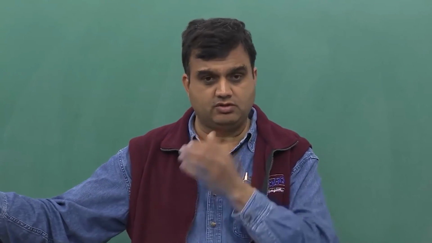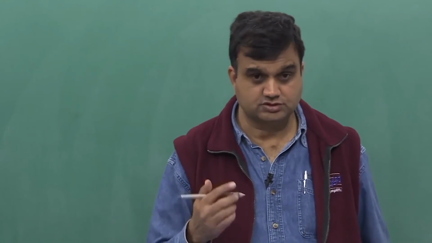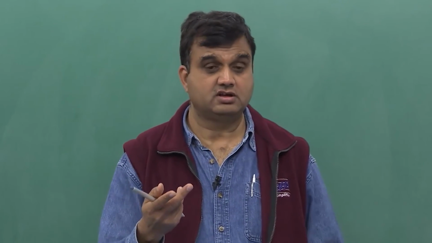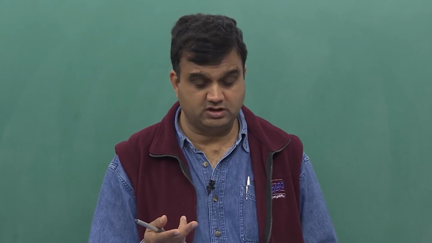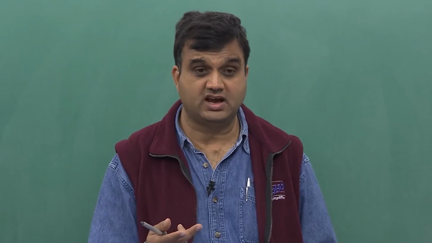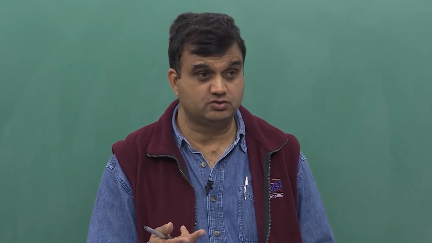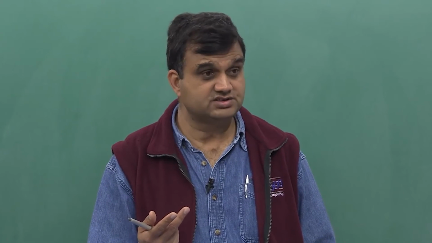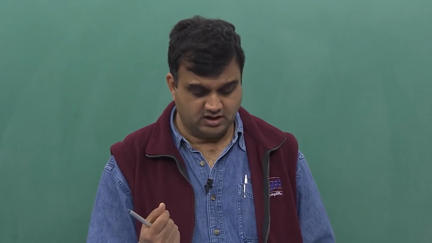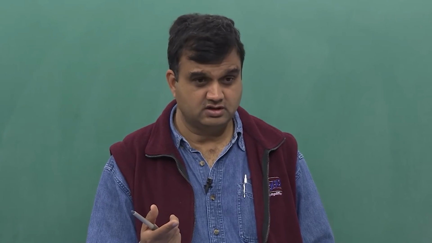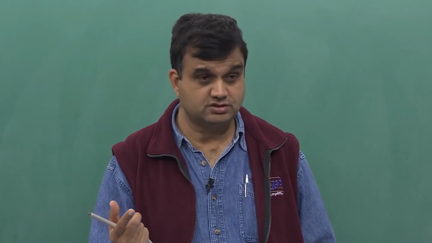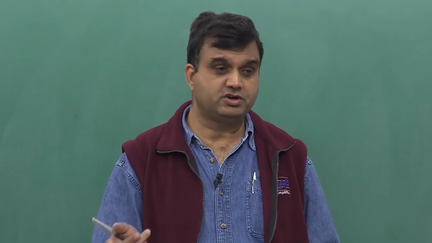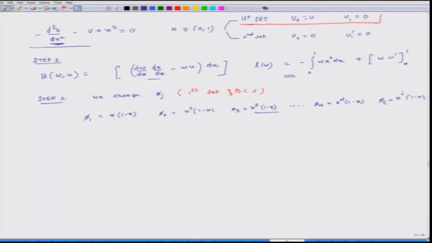So, I have to choose a complete set starting from the lowest possible order and going up to whatever degree I want to go. So, three things: these functions should be homogeneous at points where u is known; second, it should be a complete set; and the third one is that these functions should not be linear combinations of each other. So, now using this I calculate my B matrix and L vector.